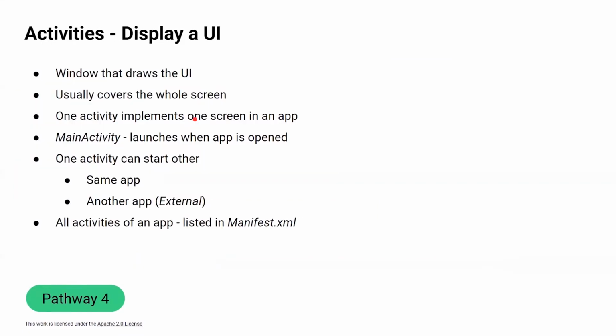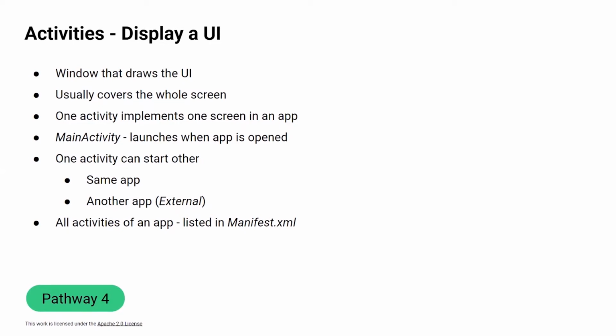The final concept before we move on to the second code lab, and probably the most important one, is activities. Activities are where the UI designed in the layout editor that we just saw is displayed. Or in other words, an activity is where the UI is drawn. It can be thought of as a screen or page. Each screen has its own UI, and often most apps contain multiple screens or activities. An activity usually takes up the whole screen of your phone, though there might be cases where it takes up only part of your screen. Again, it depends on how you design the UI.